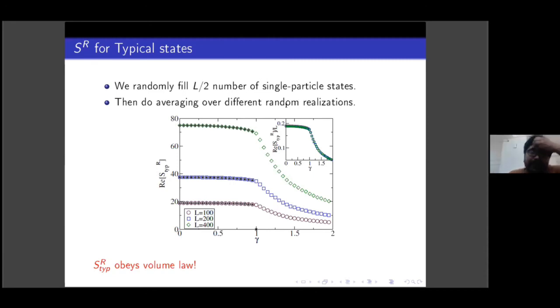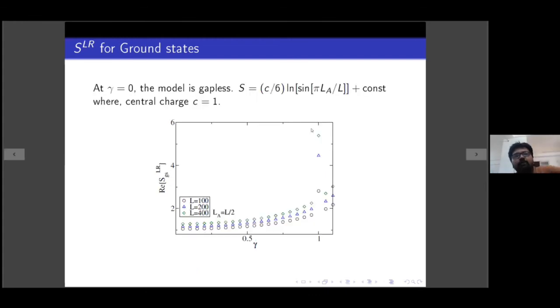And it turns out that again the S_R, the right entanglement entropy, obeys a beautiful volume law, which is also true in the Hermitian limit as well. Now we come back to this S_LR thing. So now I'm constructing entanglement entropy from the left and right eigenvectors. And in the Hermitian limit, I mean when gamma is equal to 0, I know my model